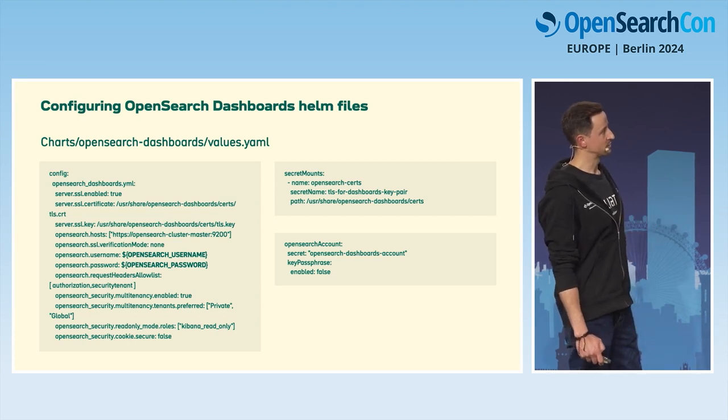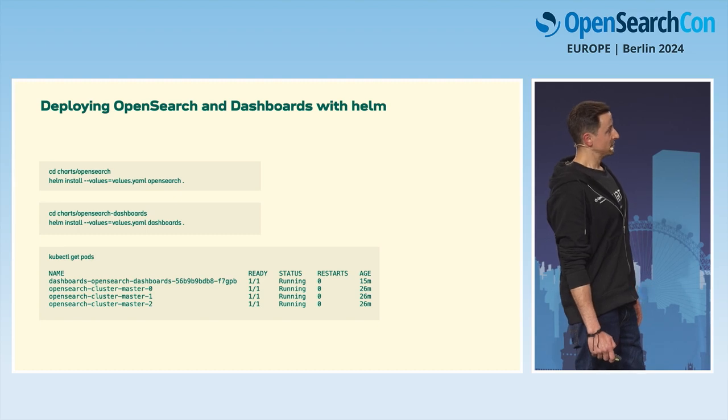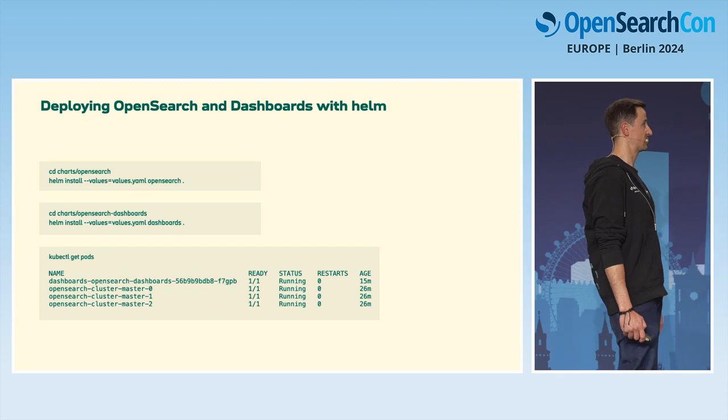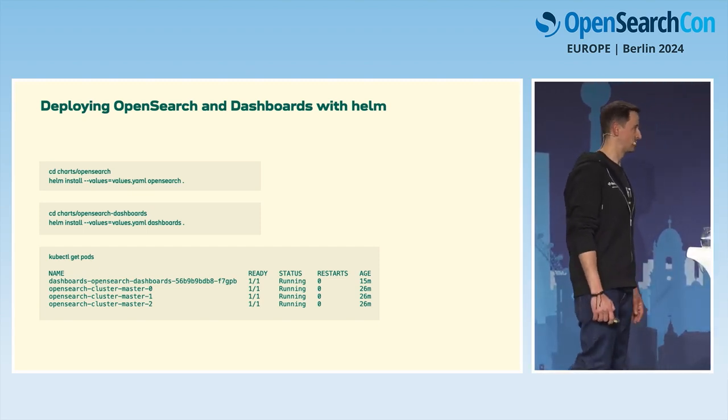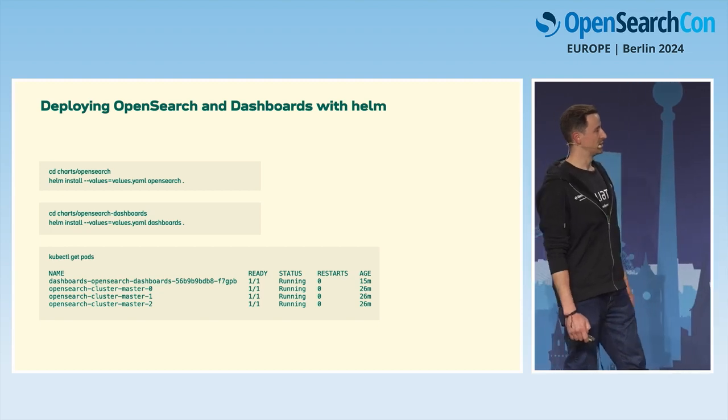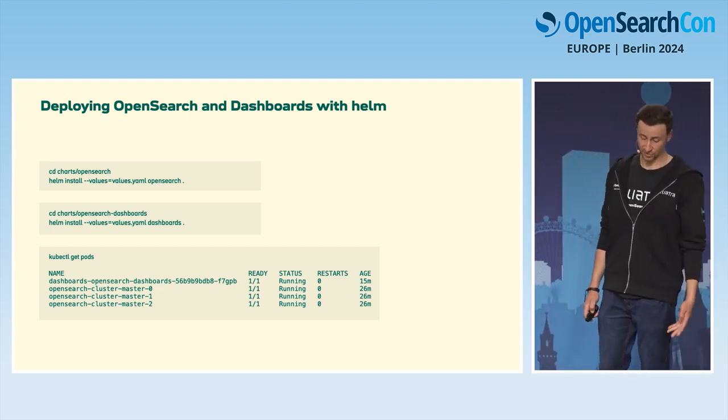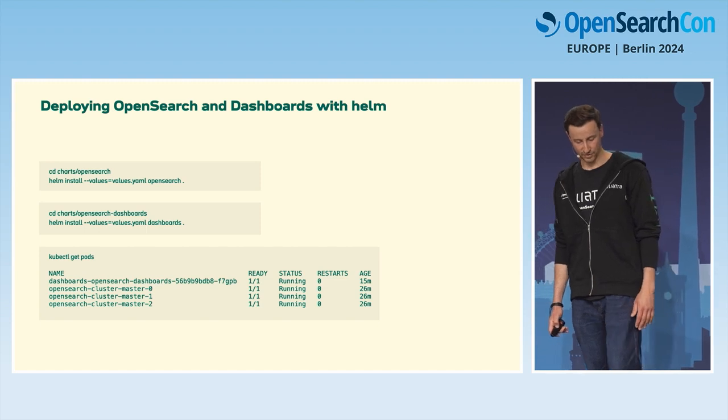And of course, last but not least, we do the certificates as we did before. So nothing super advanced here. Deploying is, as you would imagine, you cd into the OpenSearch, you cd into OpenSearch dashboards, you do Helm install, and if you look at your pods, you have 4 pods running because we configured 3 of master and 1